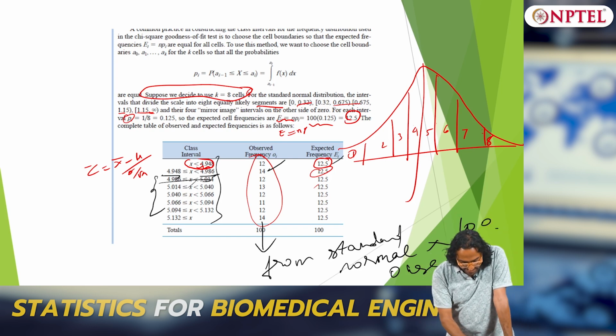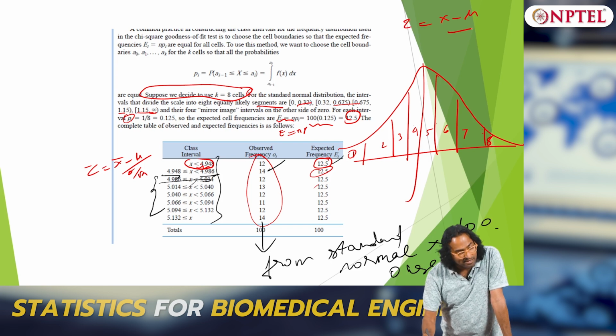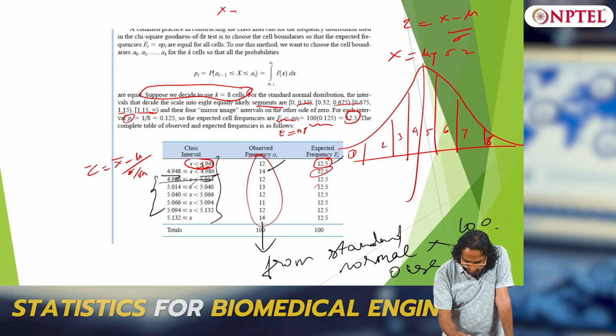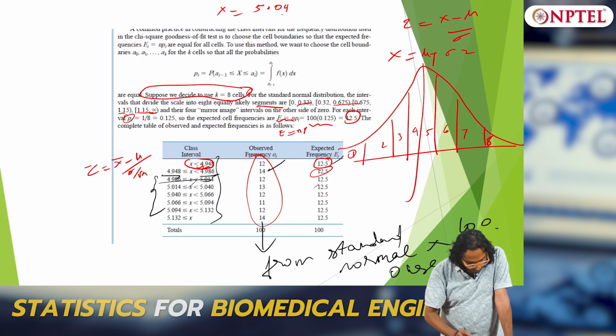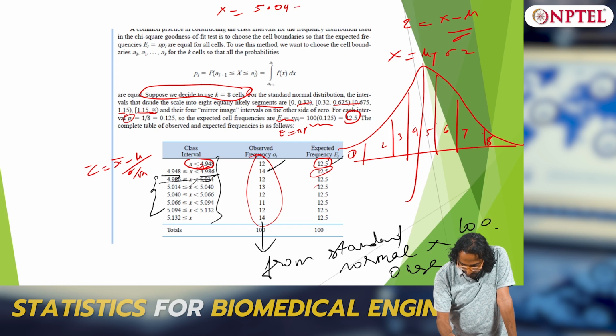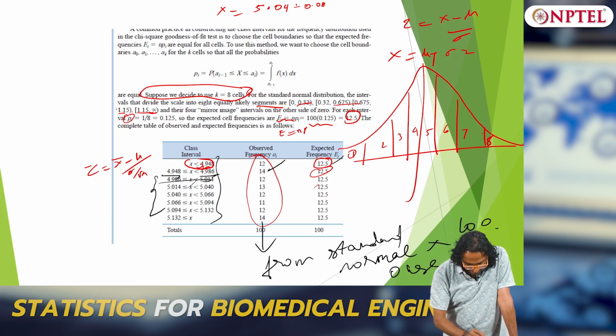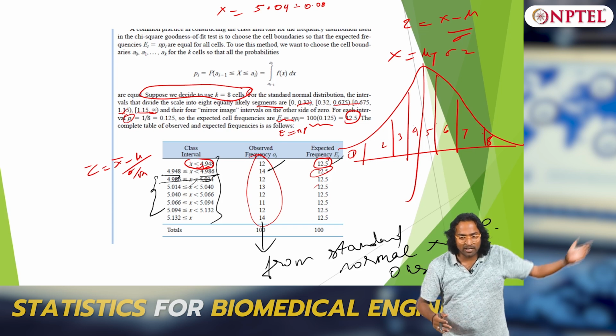This is the relation: standard normal is x minus mu by sigma. So what is the class for x? x equals mu plus sigma z, that is all. What is the mu value? 5.04, that is what we have assumed, right. And what is the sigma value? And what is the z value? Minus 1.15, that is the beginning, 8 classes, right, 4 on the negative, 4 on the positive.